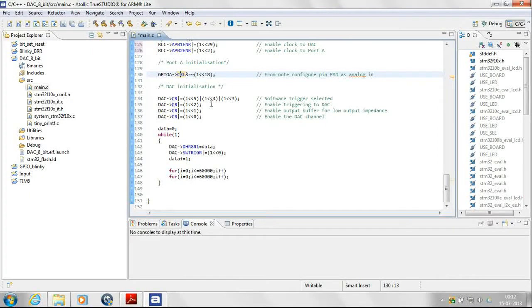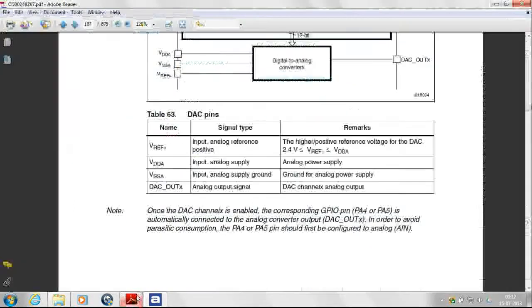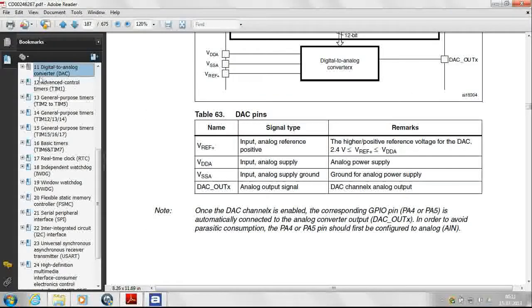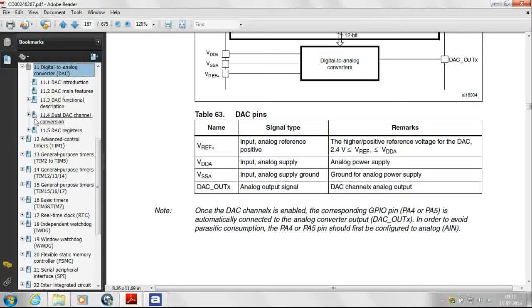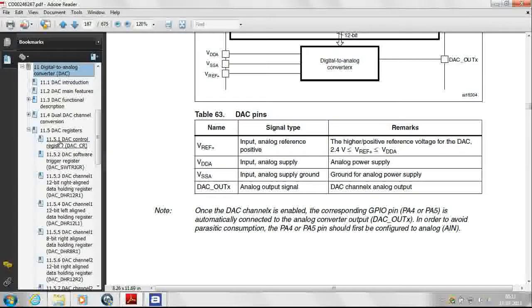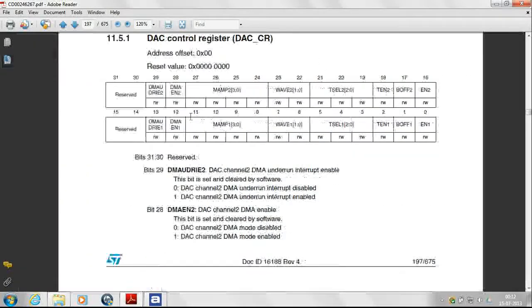After this comes the main initialization of the DAC channel. For this, we have a register called the control register, the DAC's control register. We'll go through its bit structure one by one. We come to the registers directly. The CR register.